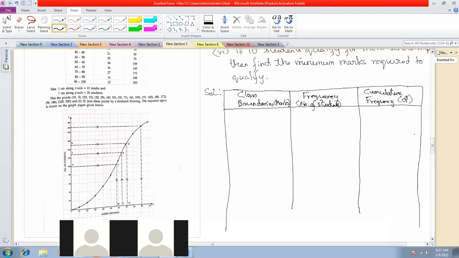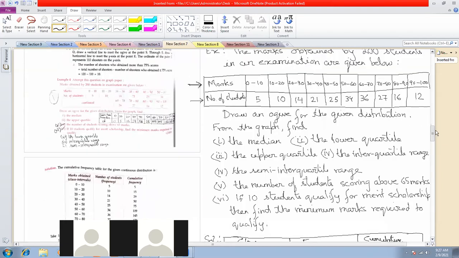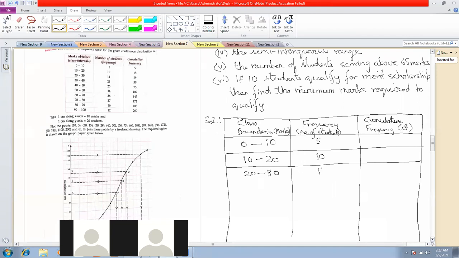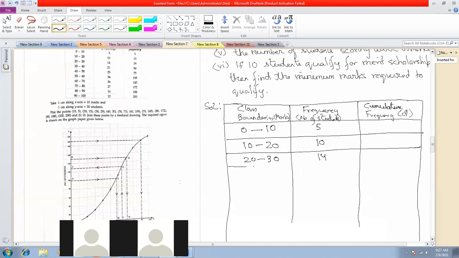Let's write down the class boundaries that are given here. We have first of all 0 to 10, frequency 5; 10 to 20, frequency is given to be 10; 20 to 30, frequency given to be 14; 30 to 40, frequency is given to be 21; 40 to 50, frequency is given to be 25;